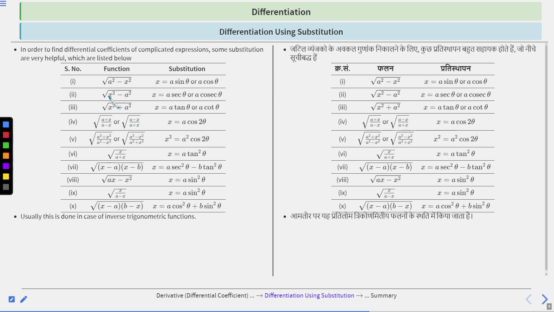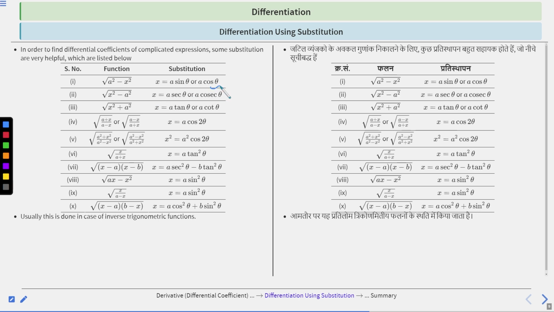See what will be the advantage of doing this. When you put x equal to a sine theta, you will get root over a square minus a square sine square theta, and when you take a square common, a square into 1 minus sine square theta, which will be a square cos square theta. So root over a square cos square theta is a cos theta, right? Clear? And you have put x as a sine theta, so you will see the form of a sine theta into a cos theta, which is f of x into f dash x. Clear?